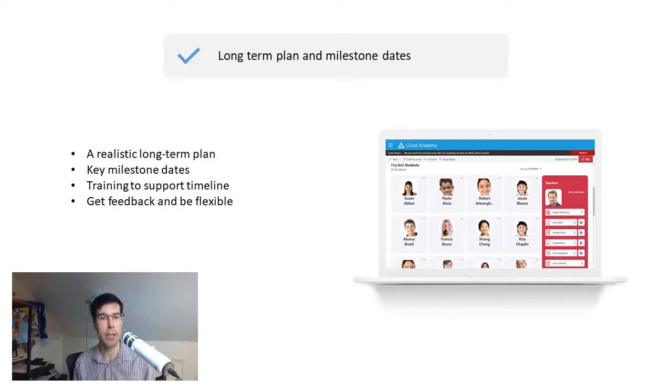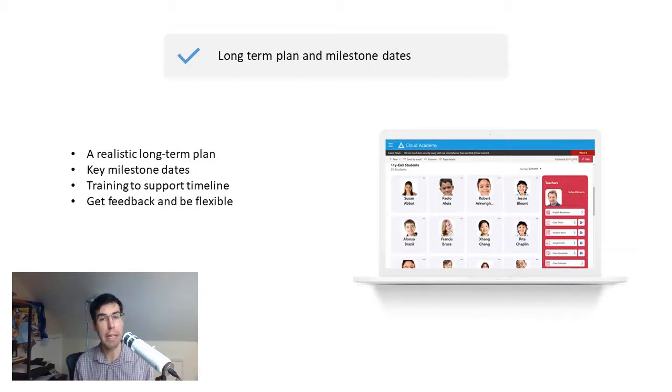So it could be the fact that servers get made into read-only mode after 6 months. Maybe they get switched off another 6 months later. So staff can use both methods in their classroom, in their daily lives, until they're confident with it, and make sure that obviously you have the training in there to support that timeline. There's no point giving people dates if you're not giving them the support so that they feel confident to actually move over before then. And remember, be flexible.